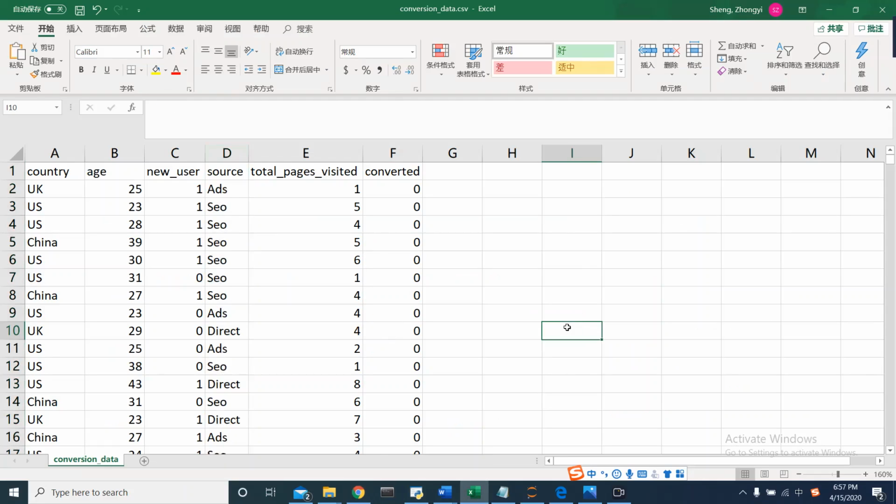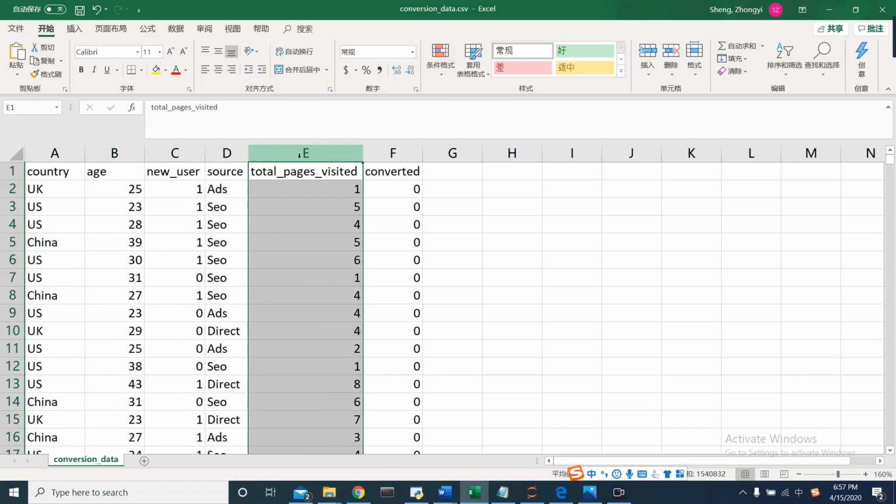The dataset contains over 300,000 records, each containing information about signed-in users of a company's website, whether they converted or not, as well as some of their characteristics such as their country, age, whether they are repeat users, the marketing channel, and the number of pages visited during that session, as a proxy for the site's activity or time spent